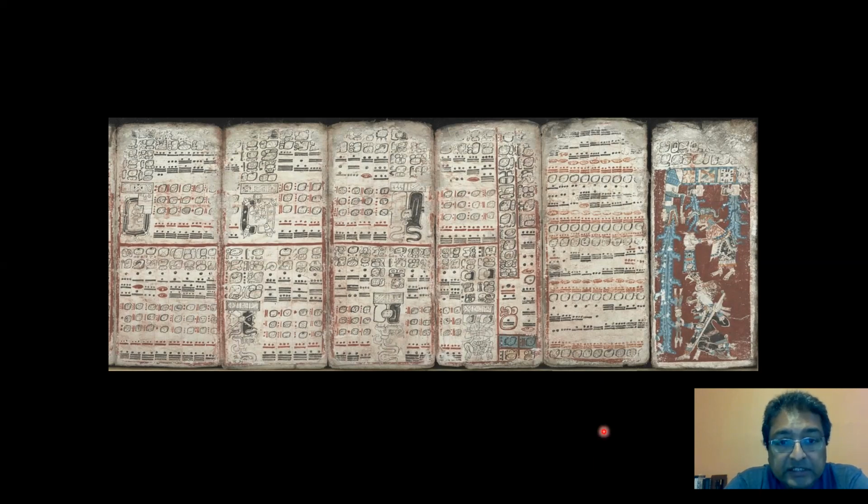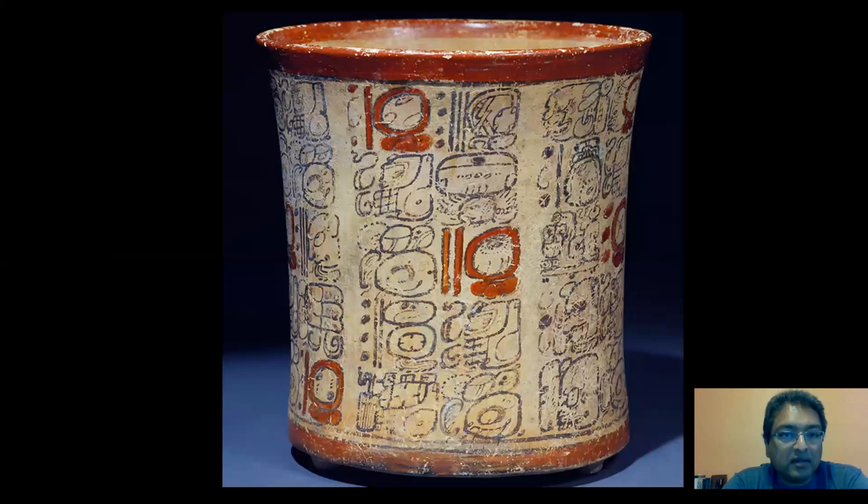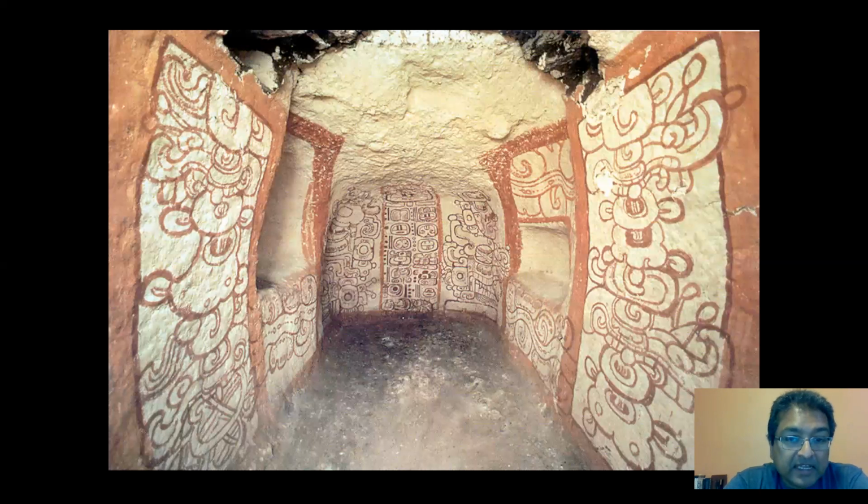Luckily for us, in addition to paper, the Maya wrote on other surfaces as well, including things like pottery. So you can see here Maya text. And even on the walls of buildings. This particular inscription comes from the walls of a tomb that would have had the burial of a king. And even though the tomb had been looted in more modern times, the walls were still preserved, and we could see the text that they had included with the burial.